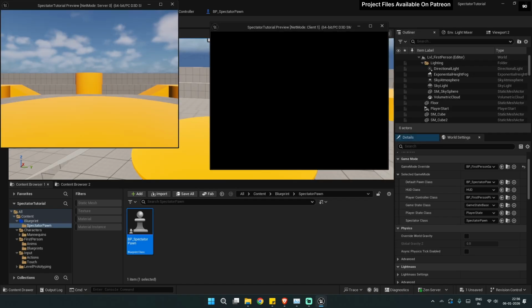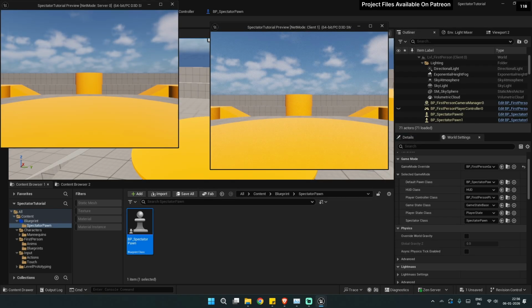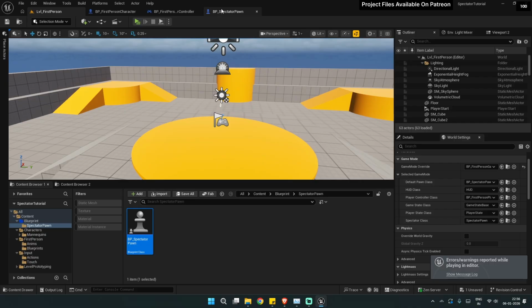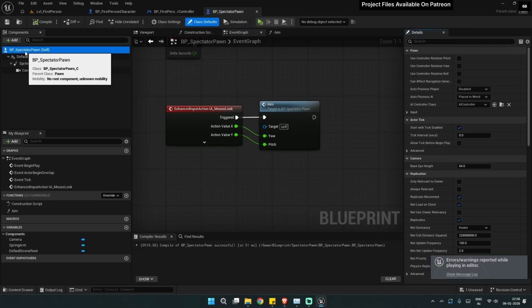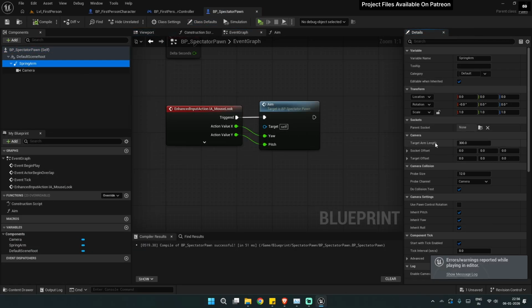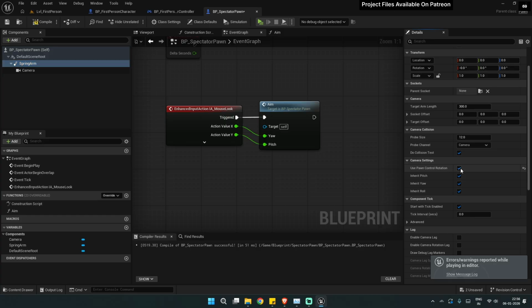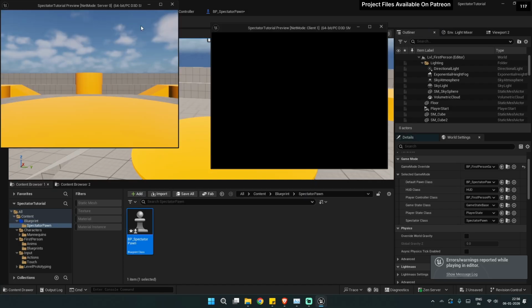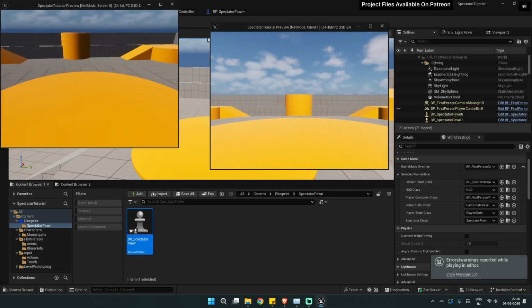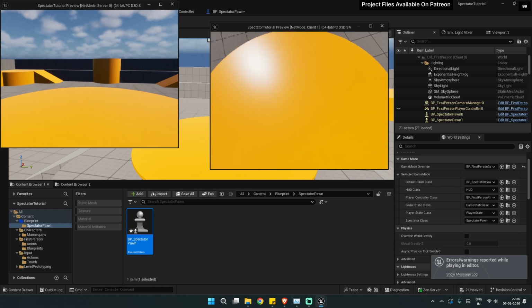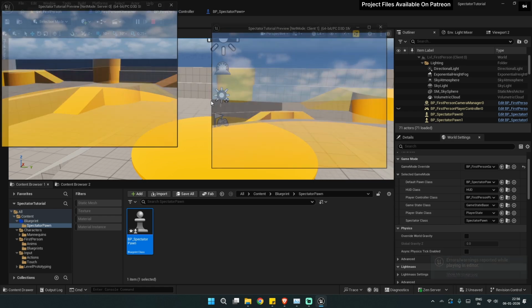Now let's try doing play, and nothing happens. That is because we need to enable one more feature. Just go in here, in the spring arm, and choose use pawn control rotation. Let's do compile and see. Now I'm able to move around in both of these. You could see